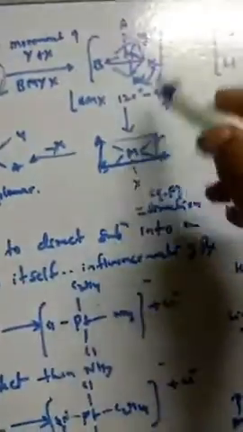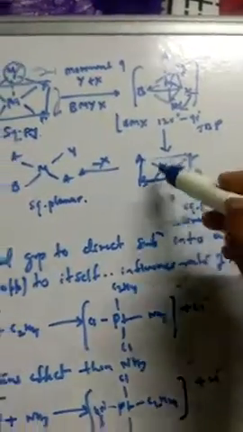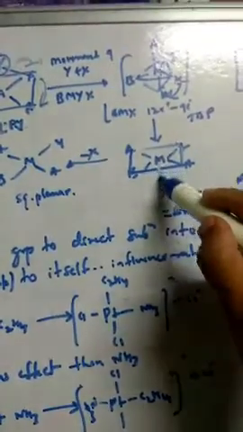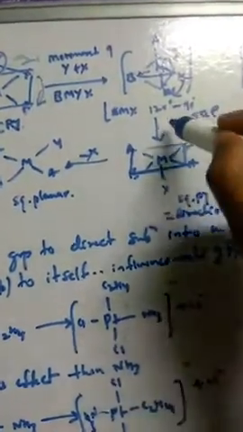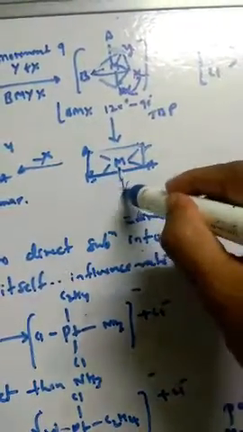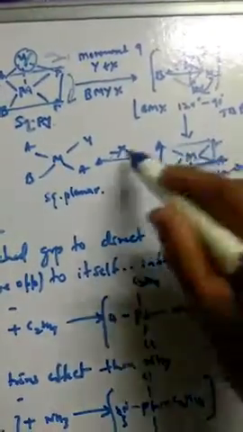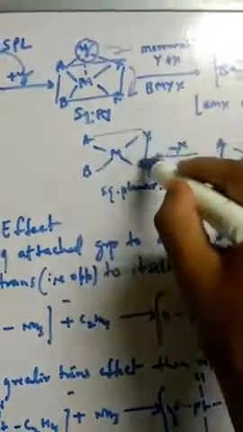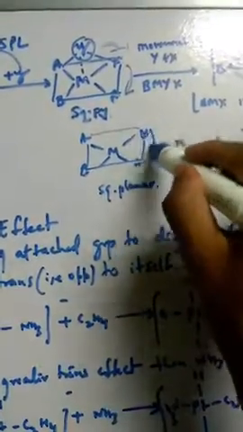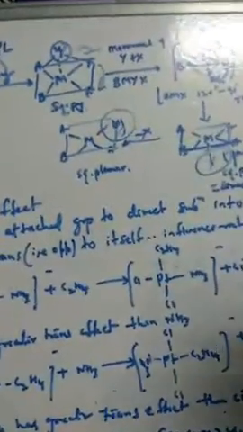From the trigonal bipyramid it again forms a square pyramid, and finally X comes to the z axis. Just as Y attacked from the z axis, X will also come to that leaving group region on the axis and be eliminated, and finally we get the square planar complex where the incoming Y ligand is present. This is how we show the SN2 mechanism for square planar complexes, which proceeds via an associative pathway.